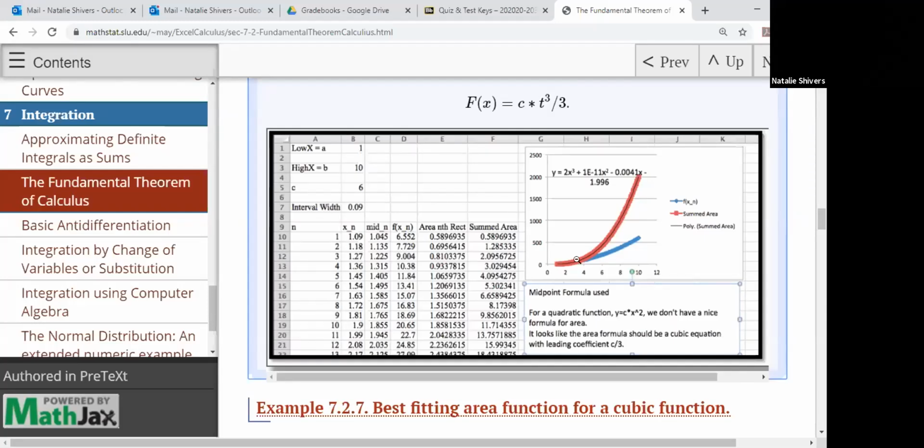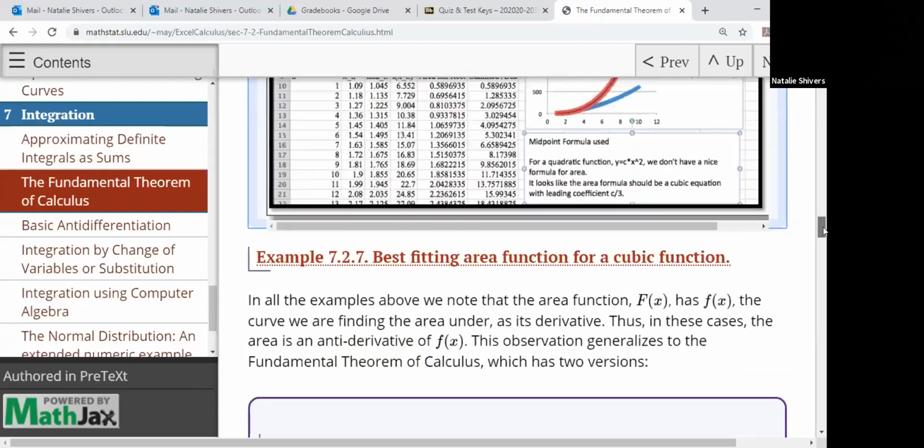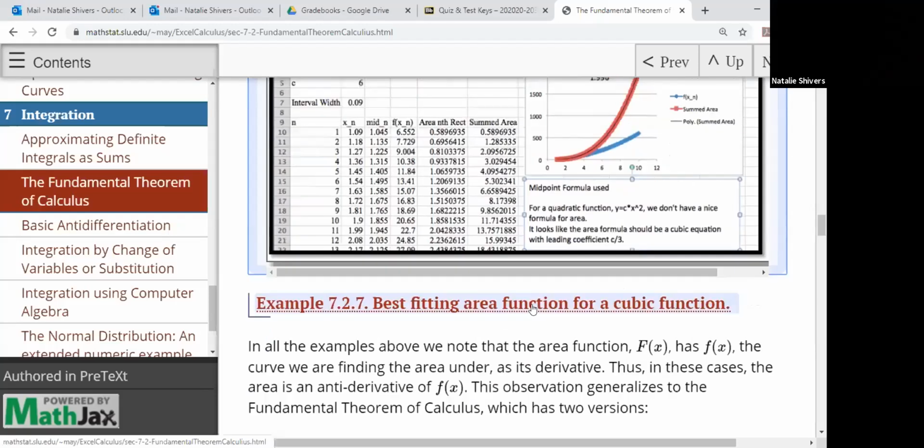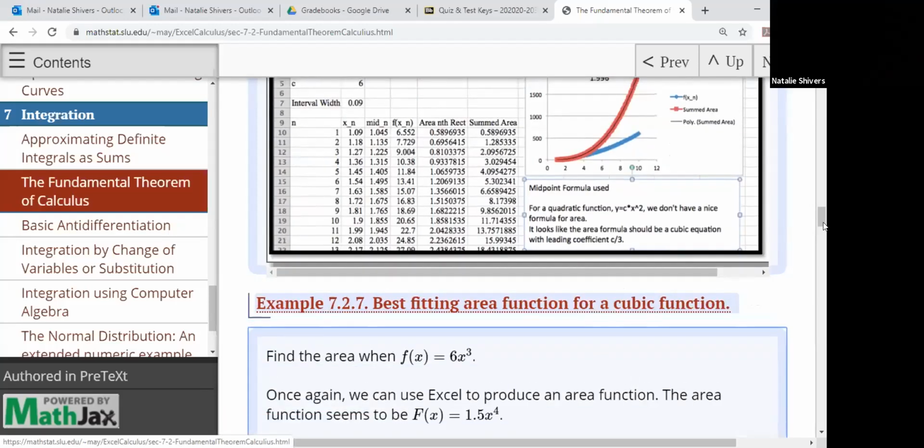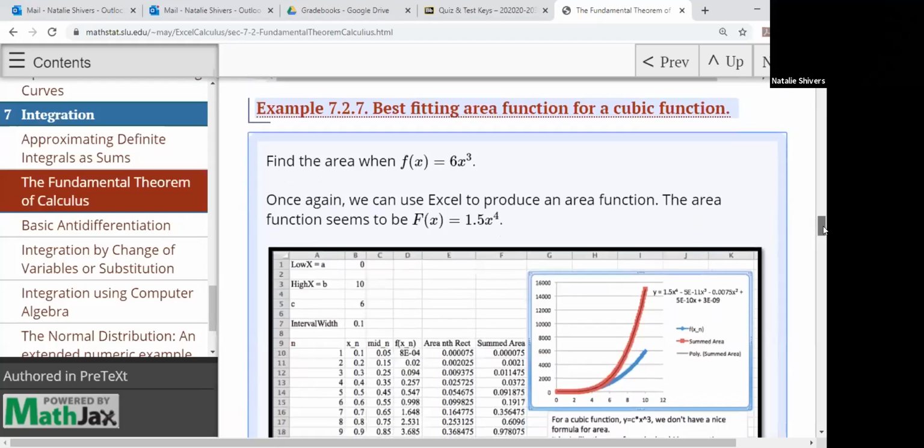So we're going to do one more in Excel to make sure that we know how to do this. We do have another day of doing Excel workbooks. It's the last day. So we're going to do 6x cubed. So look, we're not going to find the exact answer to match it to the textbook, but we'll be fine. So we're going to do one more. We're going to do f of